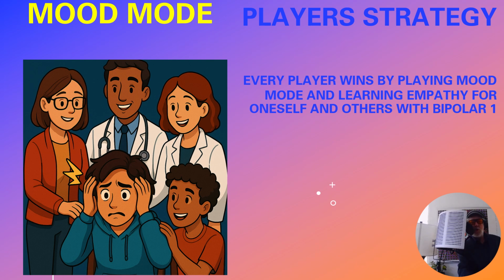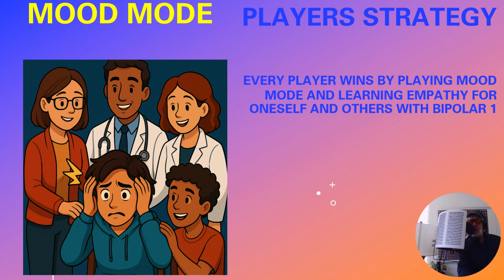Players draw mood episode cards at certain spots. These simulate real disruptions like, you impulsively interrupted a class, lose a turn. You stuck to your routine, draw a coping skill card. You feel euphoric and overconfident, two extra spaces, but skip your next turn. Players use a mood tracker notepad to identify suspects, triggers, and locations as they gather clues.